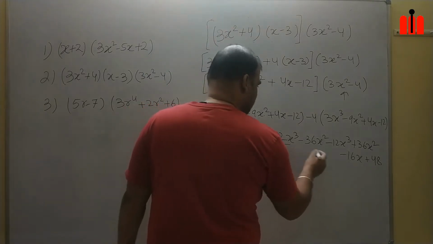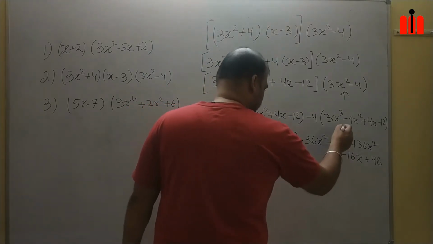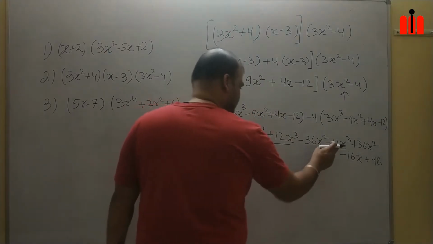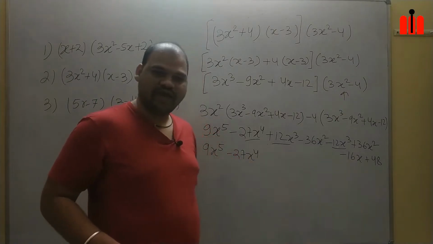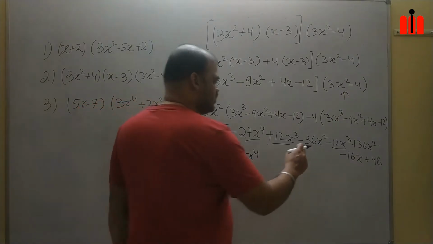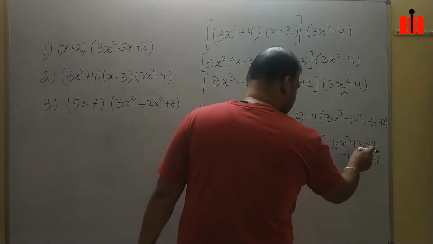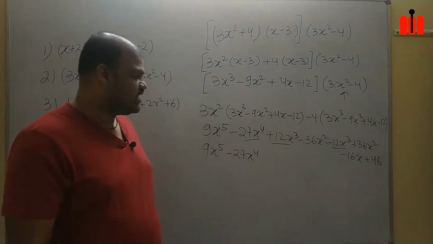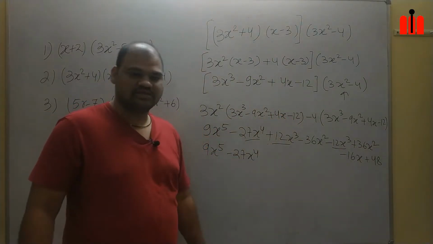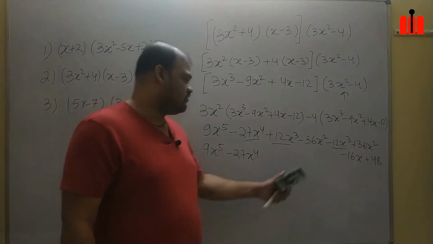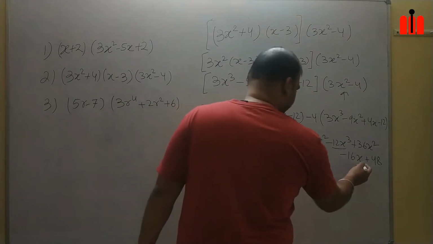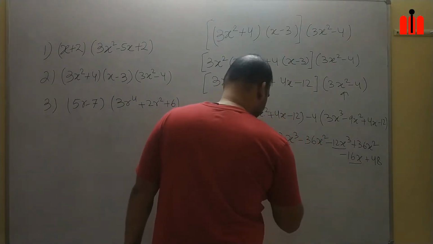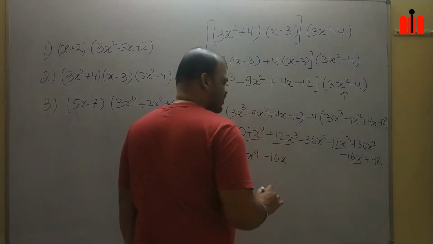Yes, 12x³ minus 12x³, so both will cancel. 12 minus 12 will be 0, so there will be no term of x³. Now x², minus 36 plus 36, this will also be 0. There will be no term for x². Now for x we are getting minus 16x, there is no other term of x, so only one like term,